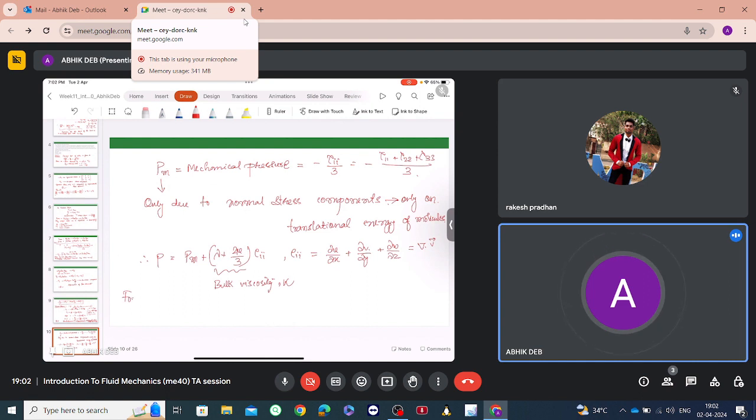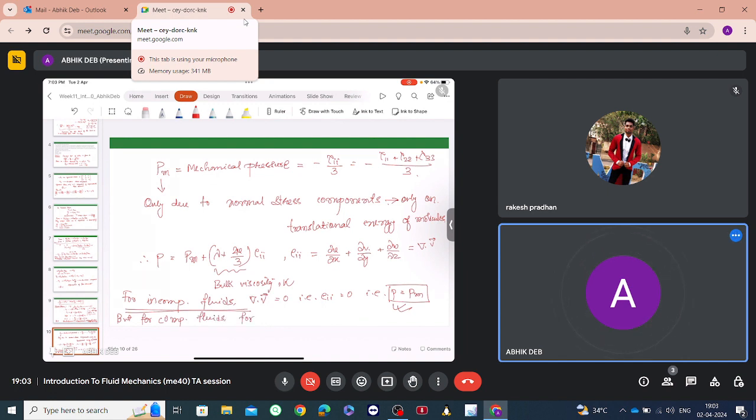For incompressible fluids, del dot V is equal to 0, that is EII is equal to 0, that is P is equal to Pm, that is the thermodynamic pressure is equal to the mechanical pressure for all incompressible fluids. But if the fluid is not incompressible, but for compressible fluids,